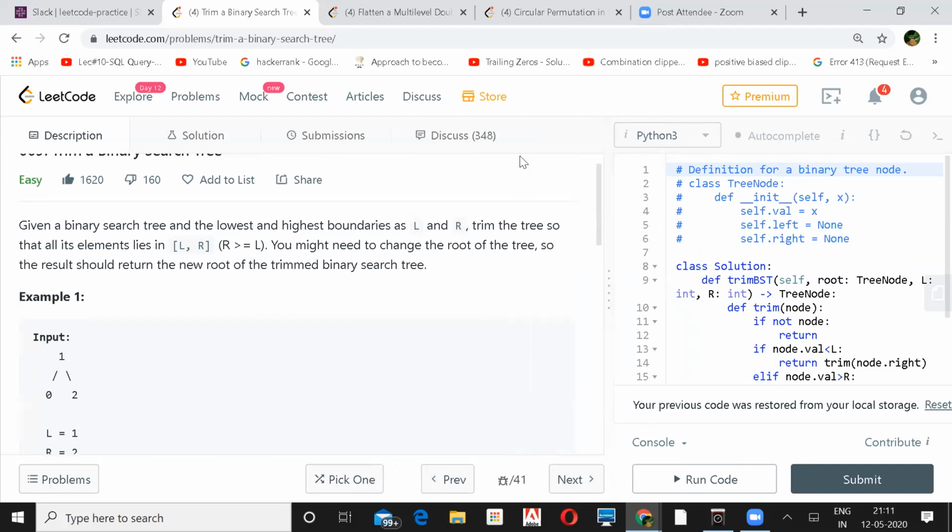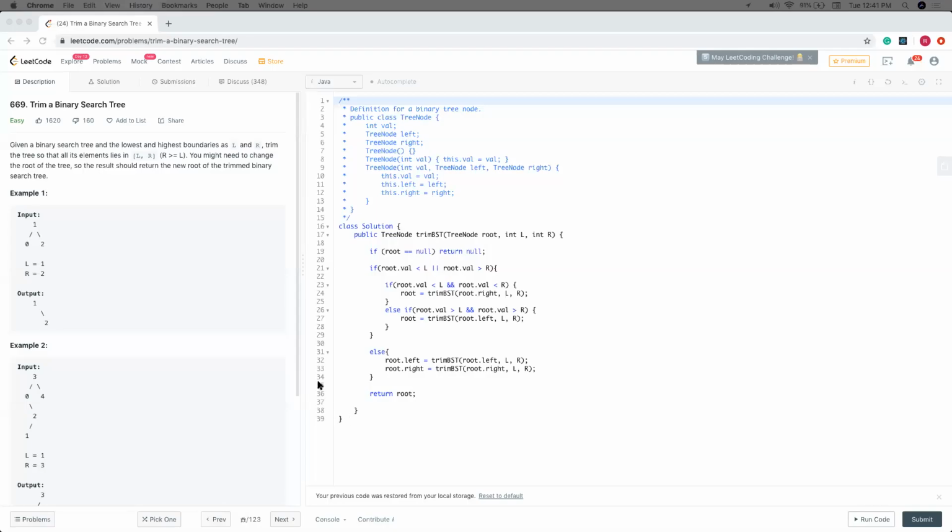I have that recursive solution. Yeah, sure. Let me stop sharing. Yeah, you can do it now. Can you see my screen? Yeah. Can you increase your font size a bit?